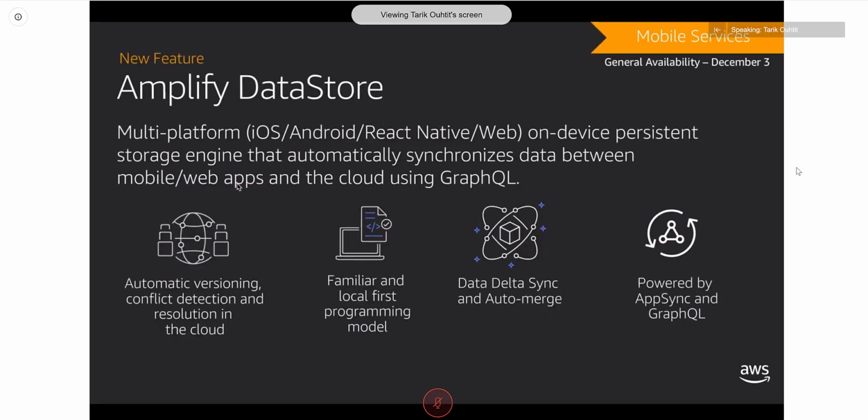Another bit of functionality that was added to Amplify was the ability to synchronize data. So in this day and age, it's very, very rare, especially for us geeks, that we've got one device. I don't know about you people on the line, but I've got a mobile phone, I've got a laptop, I've got an iPad. And if I've got an application on those, in this day and age, I expect that application to stay in sync between my devices. Amplify DataStore is a solution for doing that.